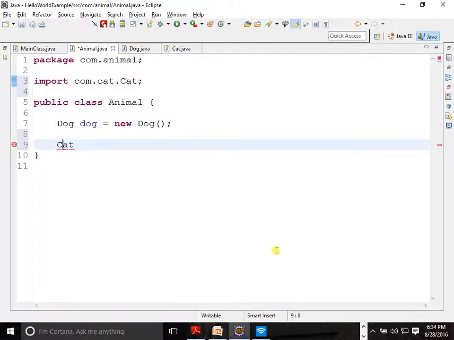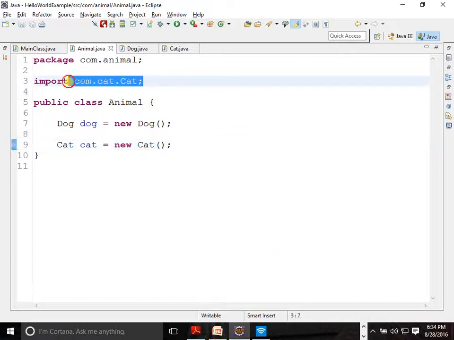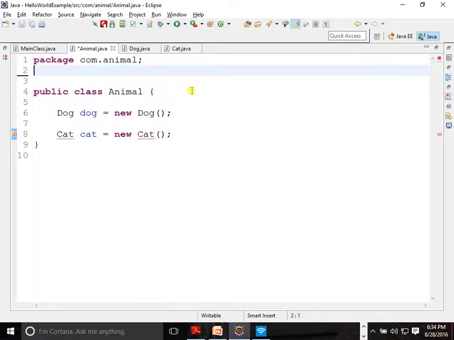Something like Cat cat = new Cat(). If you forget to import it, what will happen? Your code will not compile. Okay, so what is the problem? You can go to the leftmost side and it will tell you what the problem is. Cat cannot be resolved to a type. Okay, now if you want to make it work, you have to import it basically. Now suppose we are working with cat. Tomorrow I have horse, and many other things. I mean, in my project there are thousands of classes.